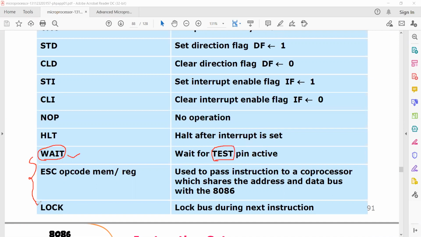But when you are operating the microprocessor in the maximum mode, we have a multi-processor system, that means more than one processor.